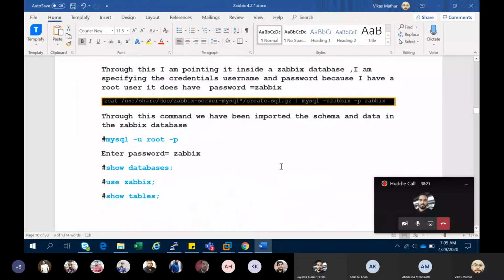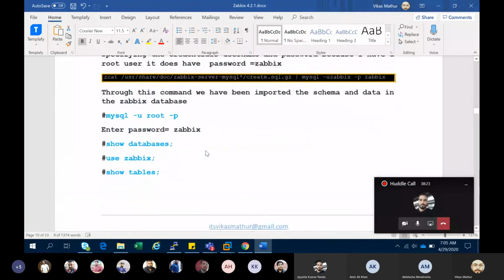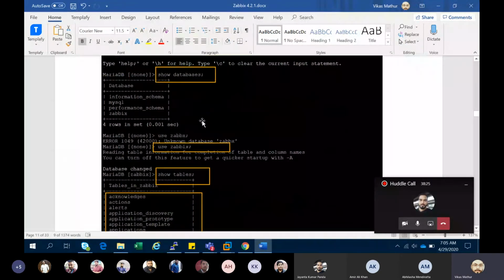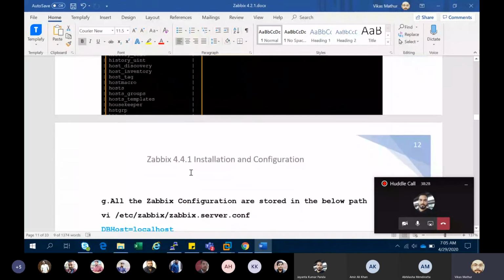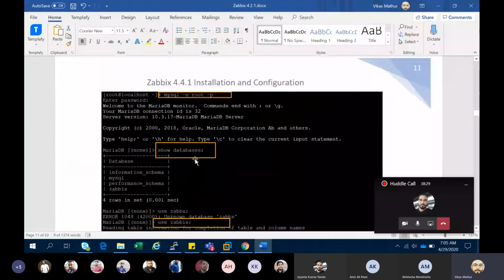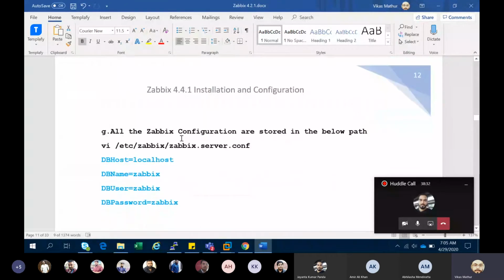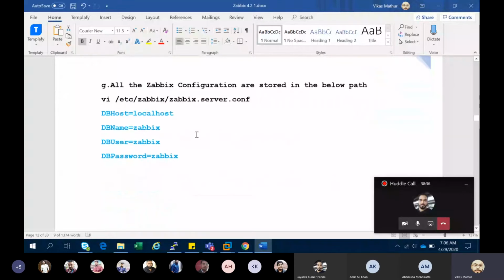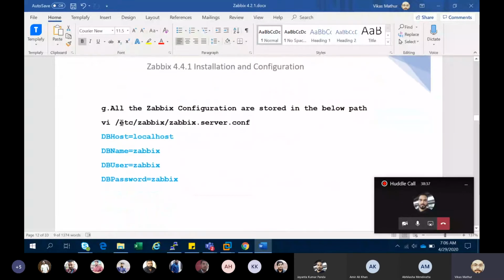Okay, so this is the same thing I just told you about. We need to do these things, and after that there are some configuration changes. These are some configuration changes in /etc/javix/javix.server, which is the configuration file of Javix.